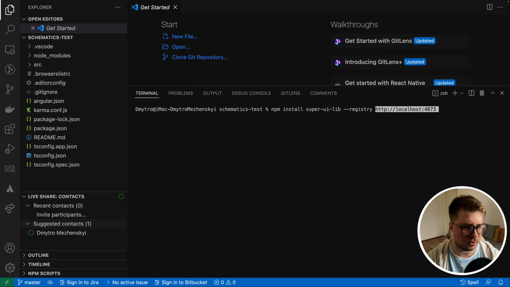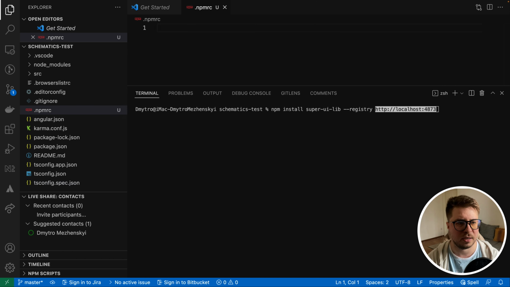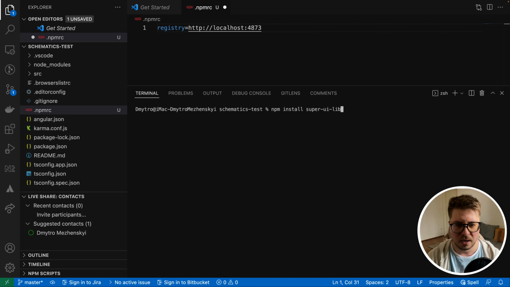You could also create an .npmrc file and define the registry right here. I think the syntax is like this, so now we don't need to define it here. And yeah, we don't need to run npm install. We will be using ng add, right? So ng add our super UI library, and now I press enter and